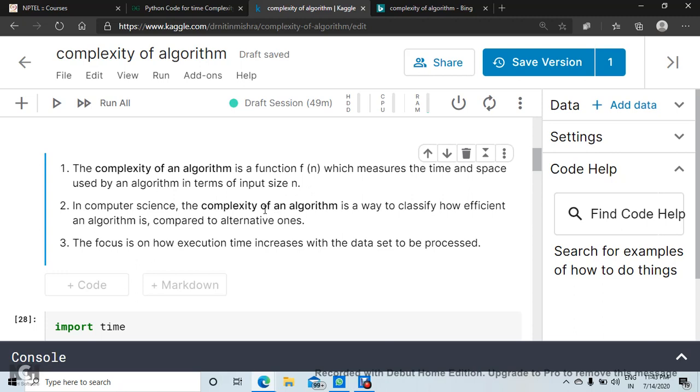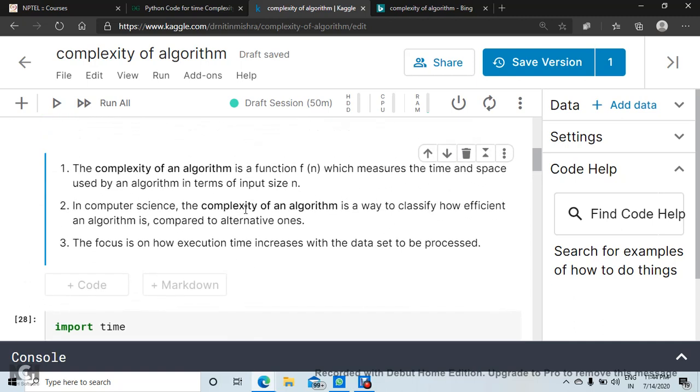Okay, so we mainly focus on time complexity, which I have discussed in previous lecture. Okay, so as you know that complexity is of an algorithm, so let us check how we can execute the code and calculate the computation time, and in turn we can come up to the conclusion that what is the complexity or what is the time complexity of the algorithm.